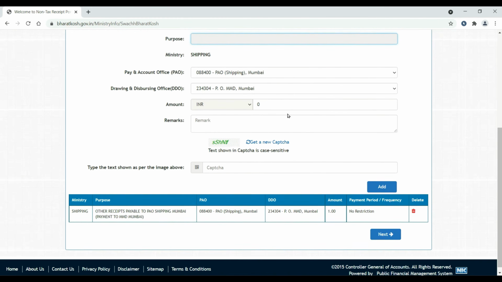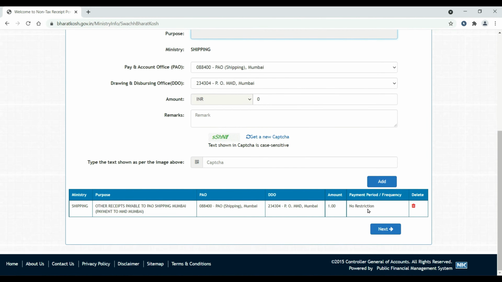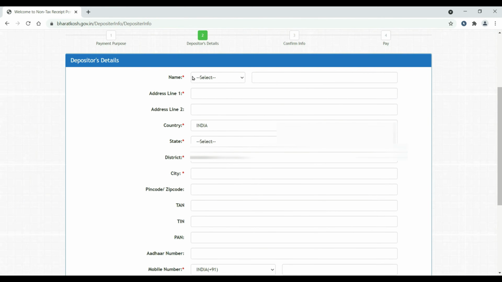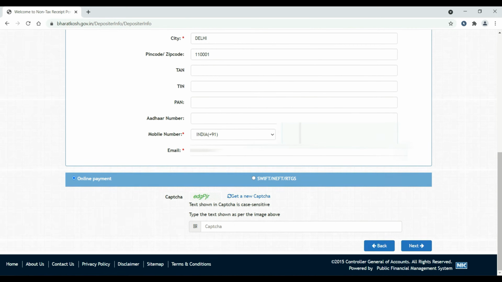As you can see, you just press the next button over here and it will go to your profiling details. I will just fast forward this particular thing, as you can fill in your own name and address, etc. Write your mobile number and email ID, the dedicated one where you require all your OTPs in the future, which would be the correct one. No spelling mistakes and no wrong numbers to be added over here, otherwise you will not get OTP in the future. And just after typing this, go to the same captcha code at the bottom and press next.